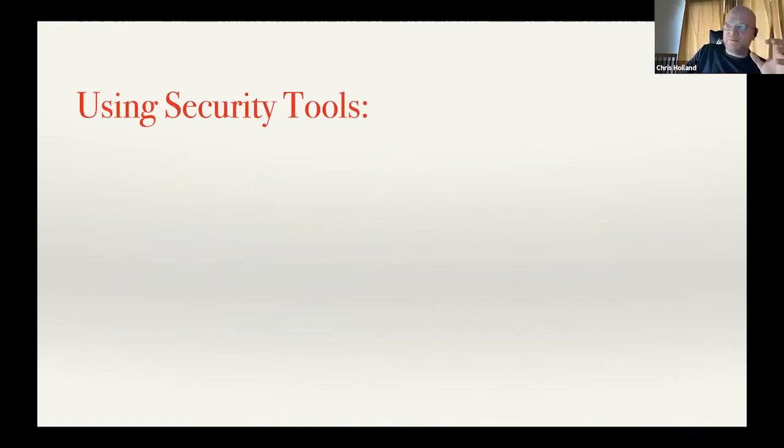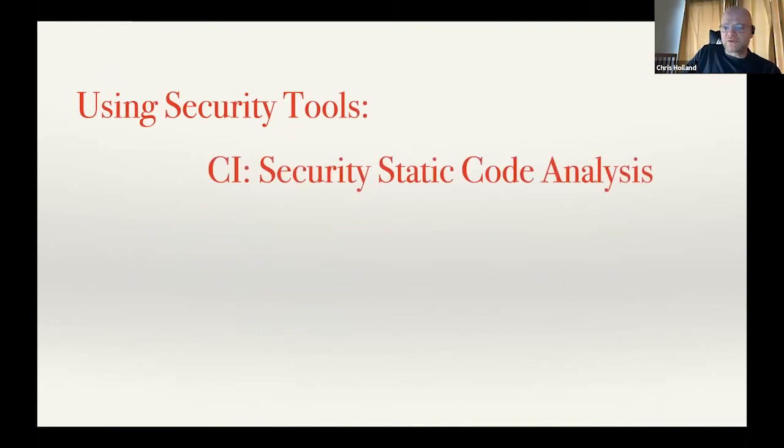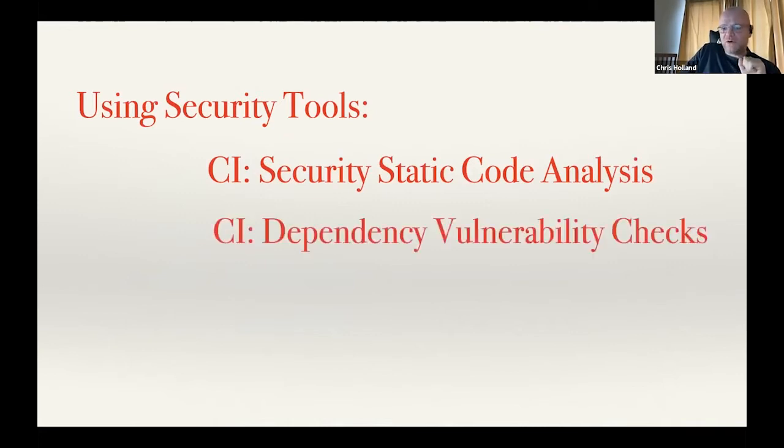If you look at different security tools, as part of your CI, you're going to have a static code analysis of your source code from a security standpoint. Also, what you're going to try to add in your CI pipeline are dependency vulnerability checks. So these things happen while your code is moving around. Once your code has been deployed, let's say on a development or staging server,